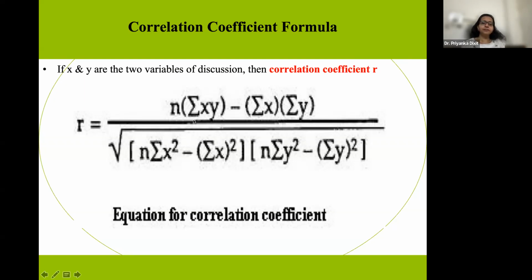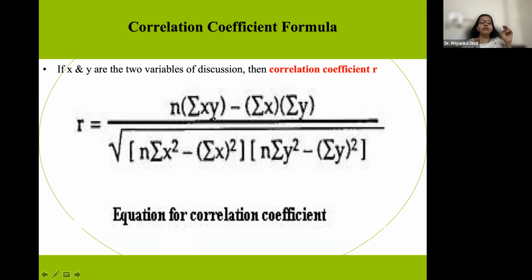So what is this? X and y are the two variables. X can be the time spent on exercise, y is the blood pressure, and n is the number of observations. Just imagine I have information on 10 individuals in an Excel sheet. Their blood pressure is given, and how much time they spend on exercise is also given. Are you able to imagine? We have X and Y.